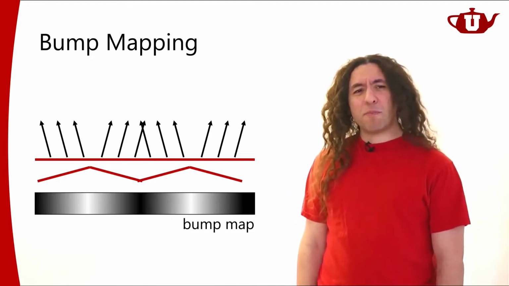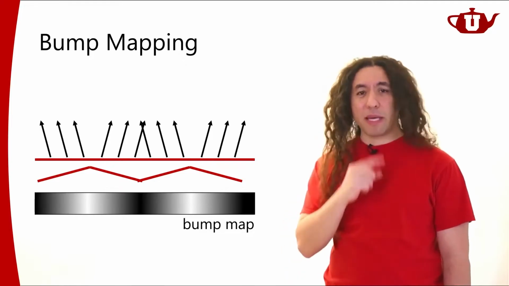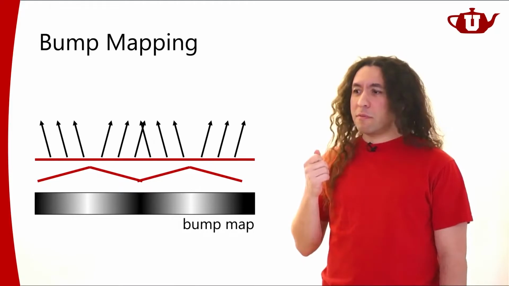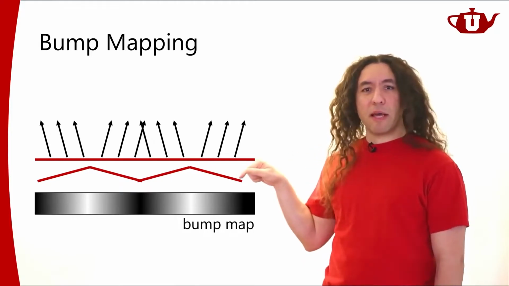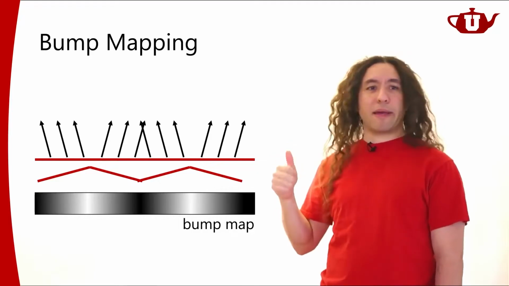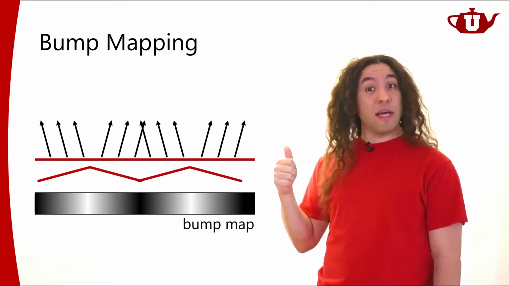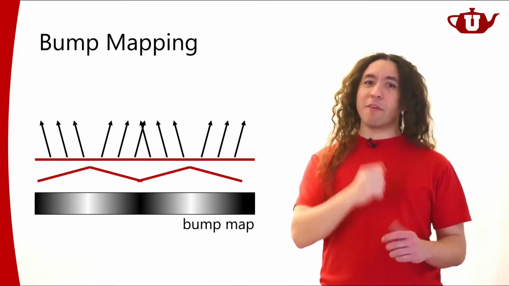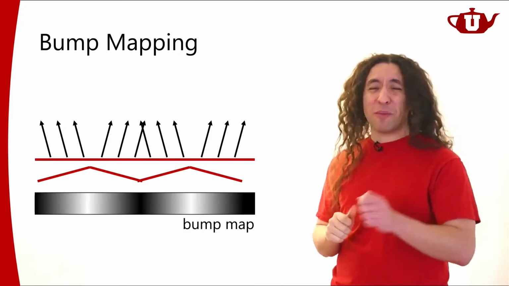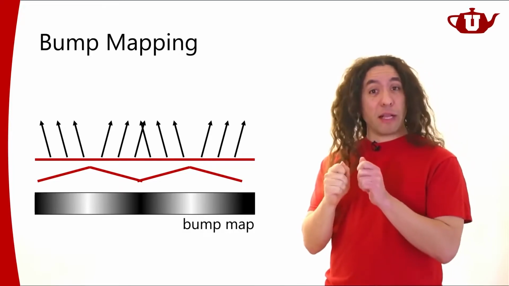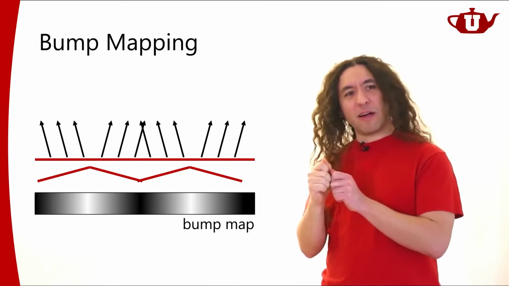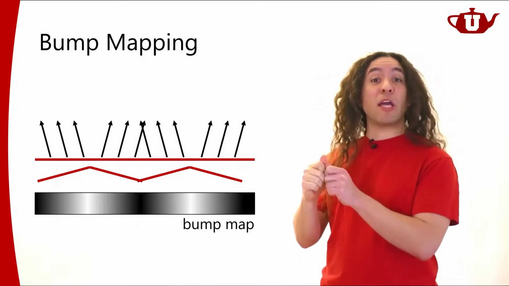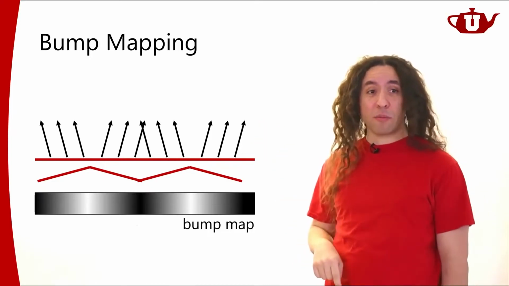It's a little expensive, just a little bit, because if you're going to do that on the GPU in the, let's say, fragment shader, you can't just read a value from the bump map and say, oh, height value is this, so my surface normal. Like, the height value alone is not enough. You need to know how the height is changing. So just reading one value from the texture map for the bump map is not going to be good enough. You're going to have to read multiple values. You're going to read a value that's a little in one direction, a little in the other direction, and you need to figure out how the height value is changing, and based on that, you modify the surface normal.